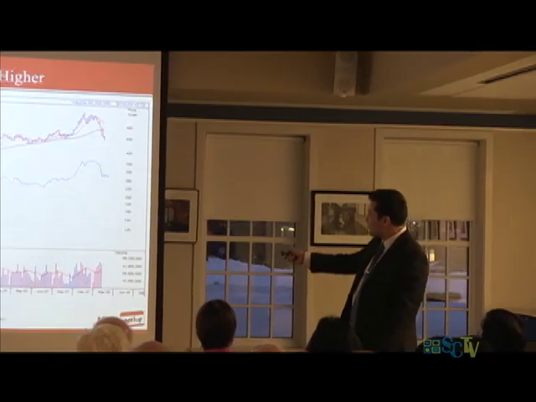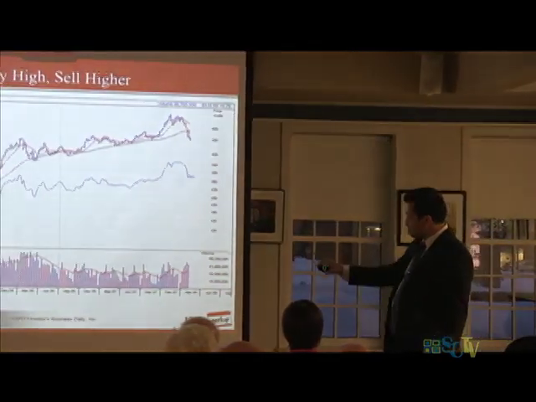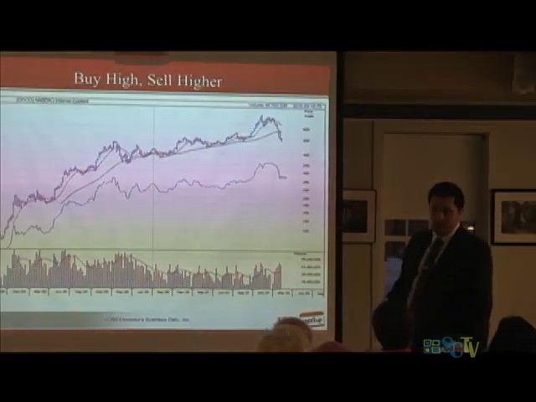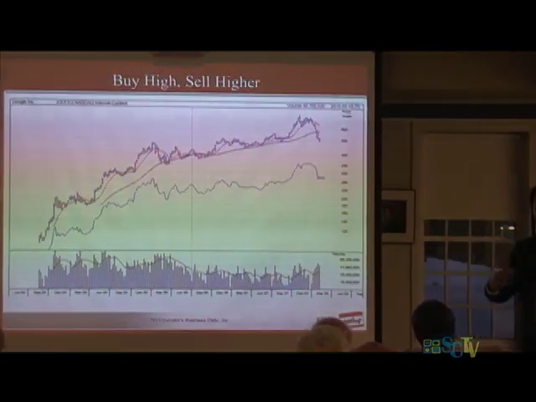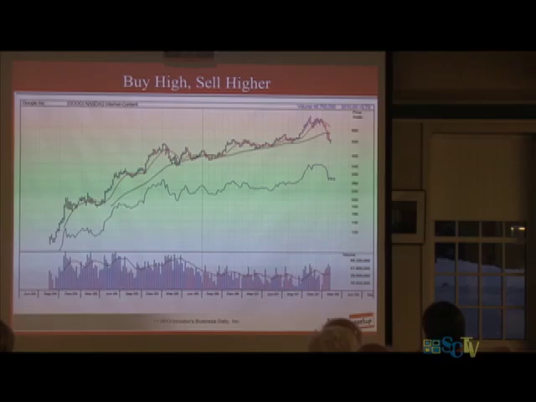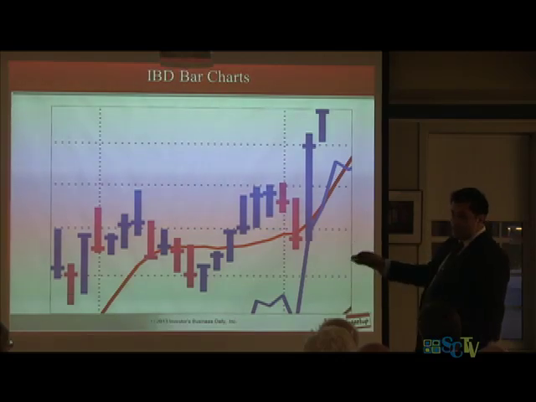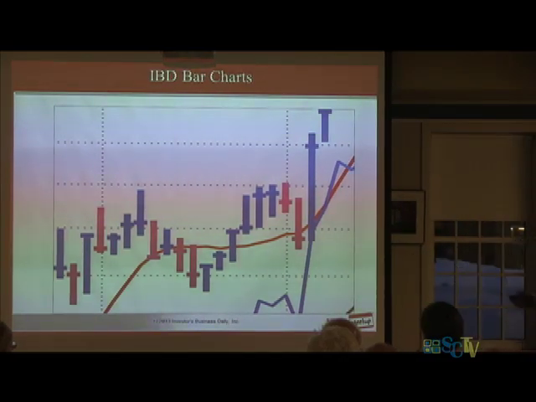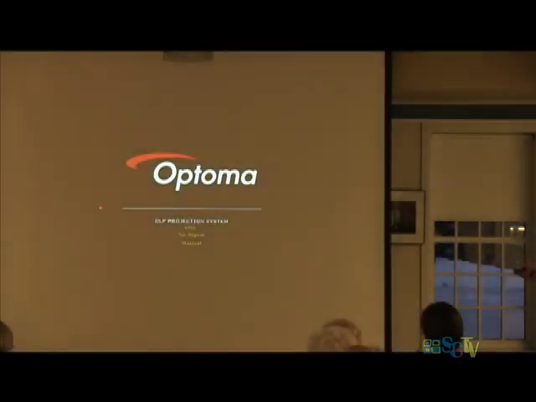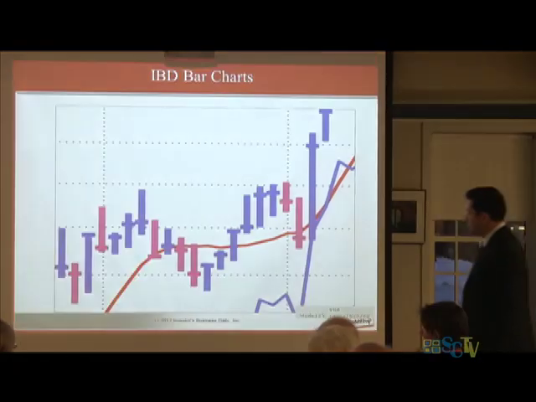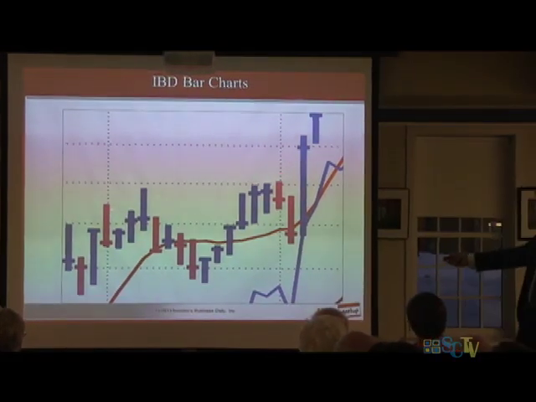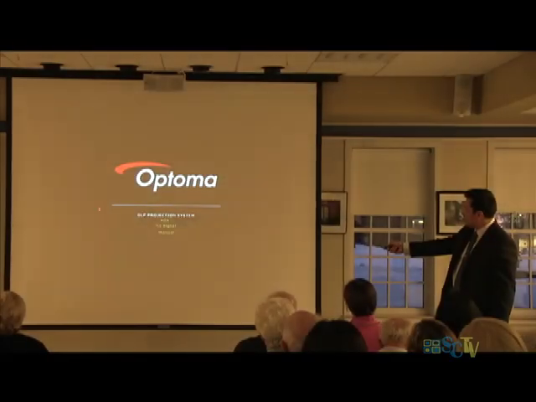So we've got price up here, and we've got volume. This happens to be a weekly chart, so each price bar represents one week of trading. Let me focus on the price bars for now. In this case, this is a weekly chart. If it were a daily chart, each price bar would represent one day. So you've got the highs for the week.